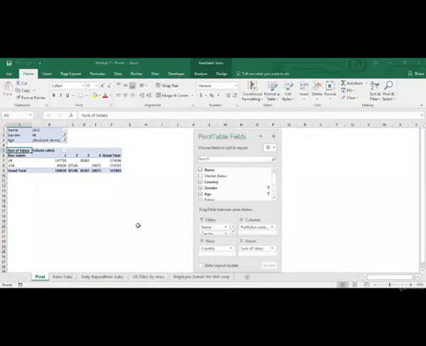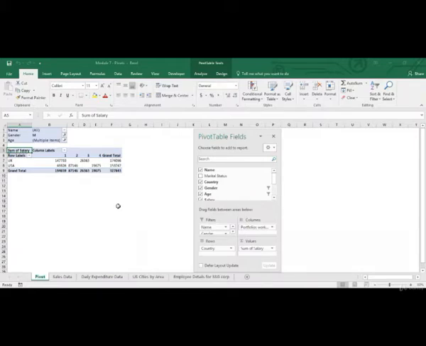Hi, welcome back. Now in the previous session, we had discussed what a pivot table is, how to create a pivot table, and then we had discussed the basic structure of a pivot table, namely filters, columns, rows, values. So now in this particular session, we'll start from where we had stopped. Now we look at formatting of a pivot table, and then we look at options of summarize values by and show values as.